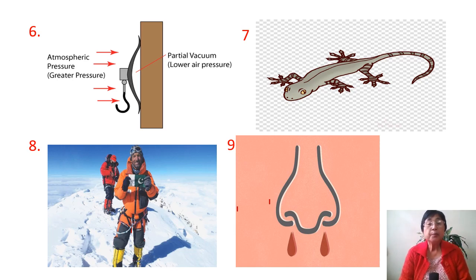But when you climb the Himalayas, as you go higher and higher with the altitude, you'll find that the air will become thinner and thinner and thinner. So atmospheric pressure will become less and less and less. A point will come